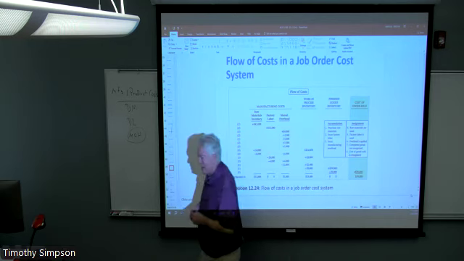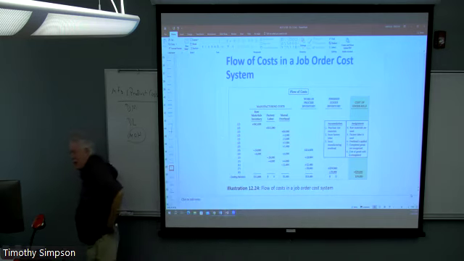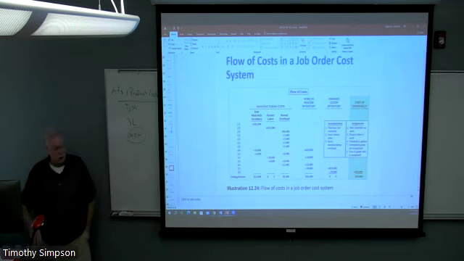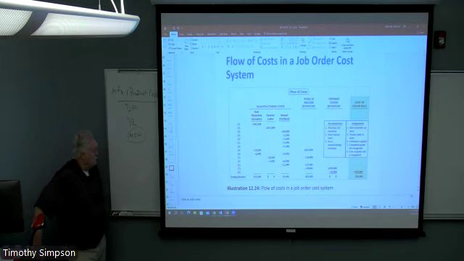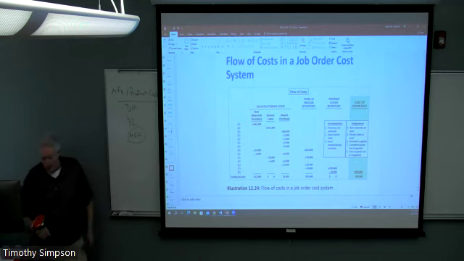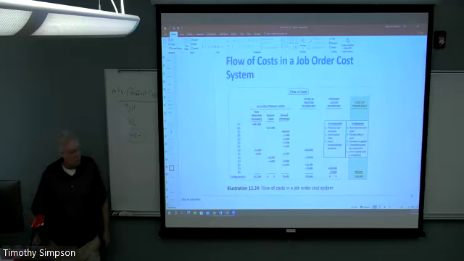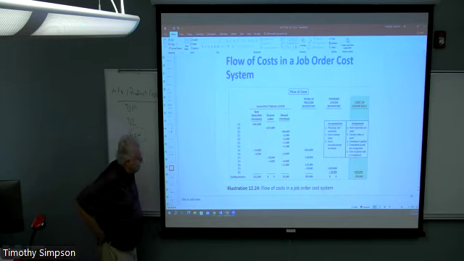I think there's a lot going on here, but what I would encourage you to do is follow along and watch where the numbers go. Sometimes it's useful to follow the money and follow where these things go, because I think that will often help you understand what's going on. Okay. All right. Questions before we move on to another particular variant of job costing?